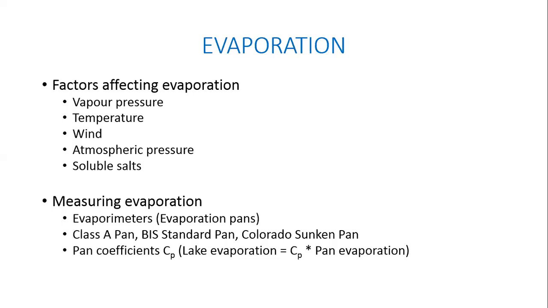Typically we look at evaporation not for the entire month. You'll say the monthly mean evaporation rate is so and so millimeters per day. That is what is typically done. So this is one direct way of estimating evaporation. You just go out there, you place some kind of a pan, you measure the loss of water in the pan, and then you are able to infer how much water has been lost. So that is the direct way of measuring.